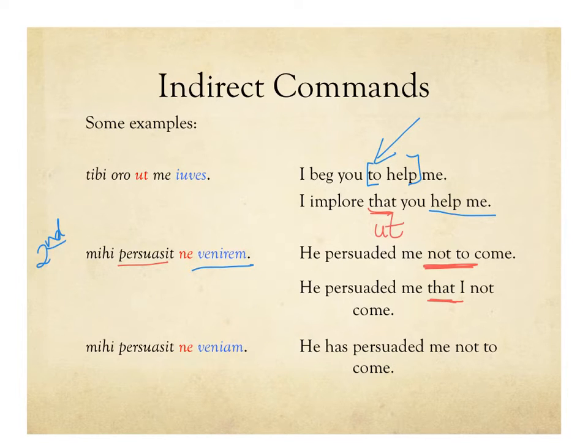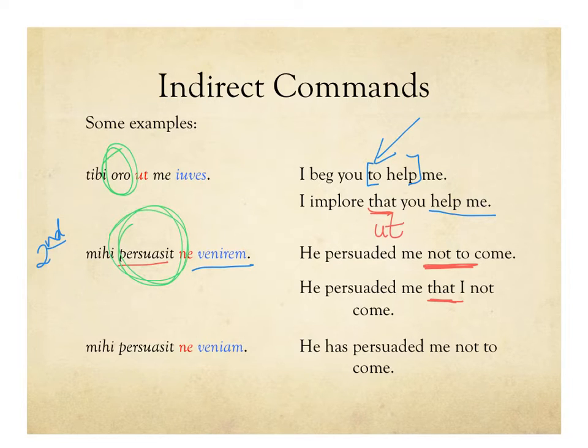You can also see, right, when you see a verb like this, oro, persuasit, right, persuade, beg, implore, you know right off the bat that somebody is begging you to do something, is trying to persuade you to do something. That's the way these verbs work, both in English and Latin, and so you're likely to have an indirect command following it. And here, the final one, I just wanted to show you that just as with our other sentences